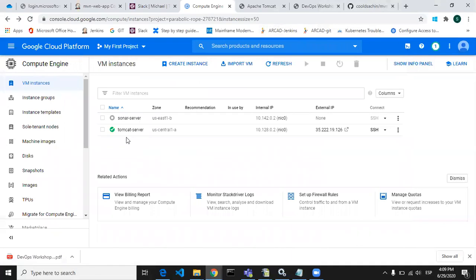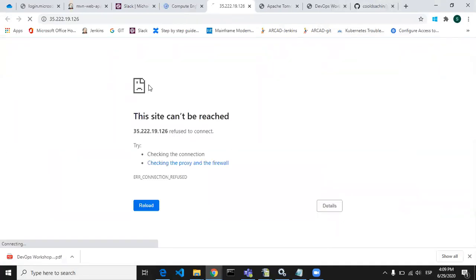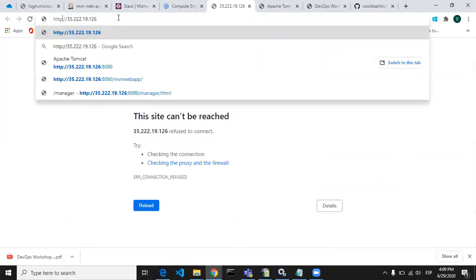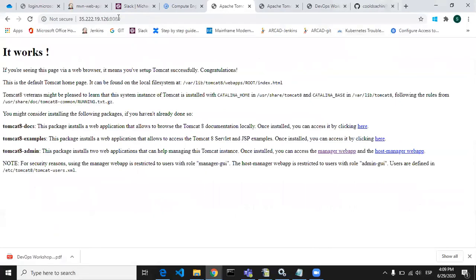So once you go here, this is the external IP that you need to click on, remove the S from HTTPS and give 8080, which is the default port of Tomcat.